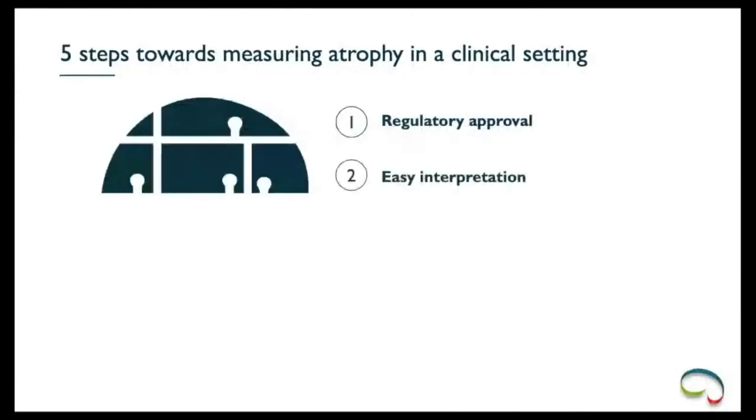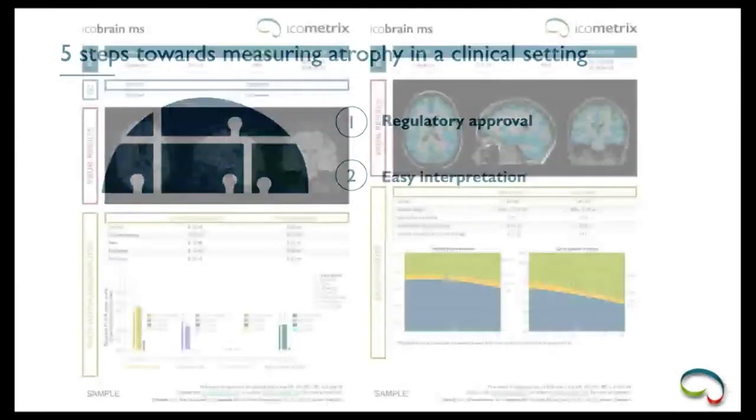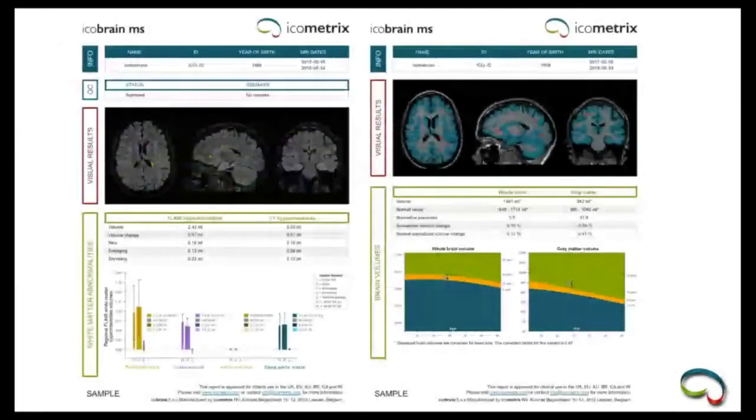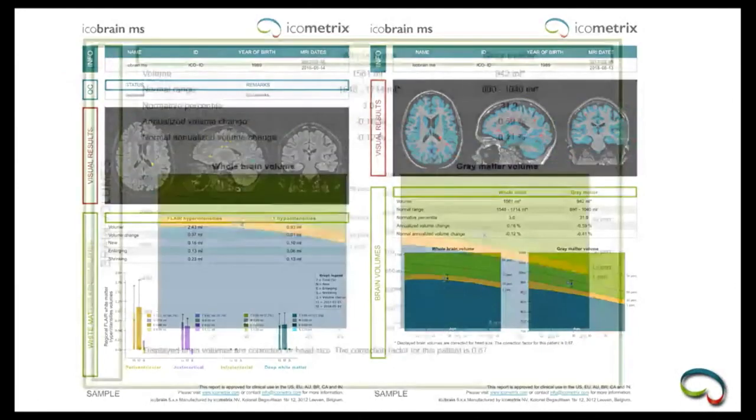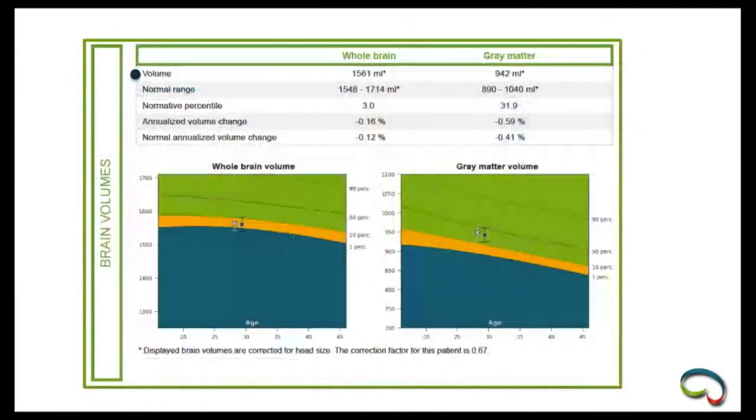Second requirement is to represent the atrophy measurements in an easy to interpret way. And for that, we developed our 2-page icobrain MS report, where the first page focuses on the lesion activity and the second page on the brain atrophy. So let's zoom a little bit into this second page. Second page starts with the volume measurements of the whole brain volume and the gray matter volume, and also the normative references. We have the range there and the normative percentiles. And then we continue with